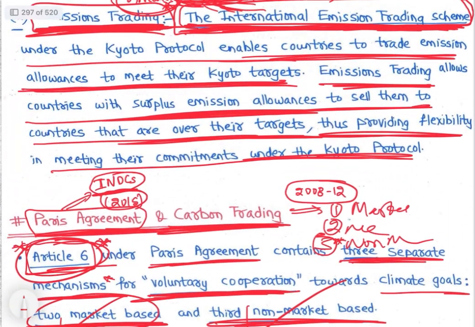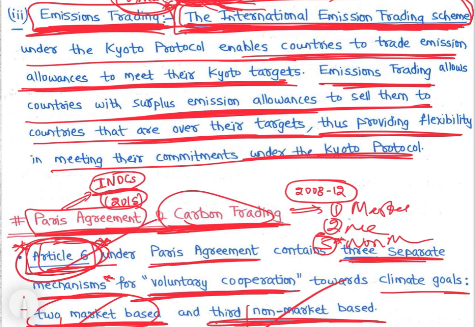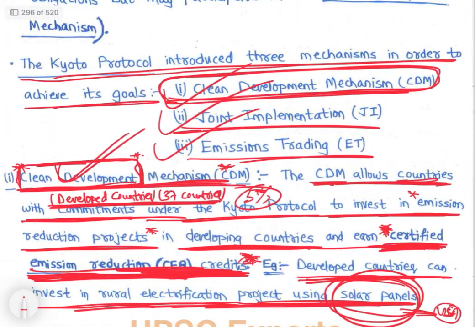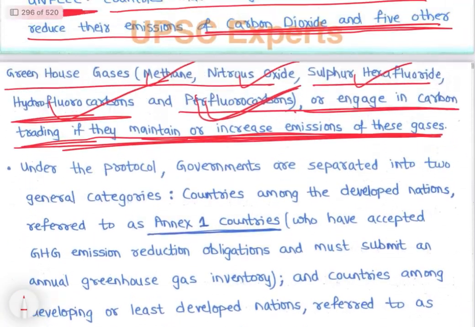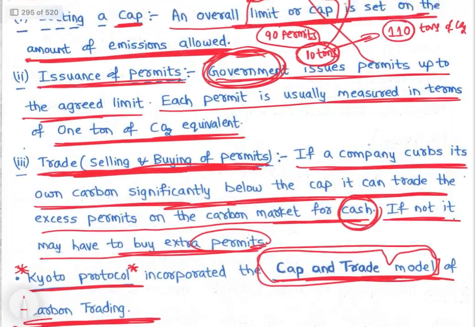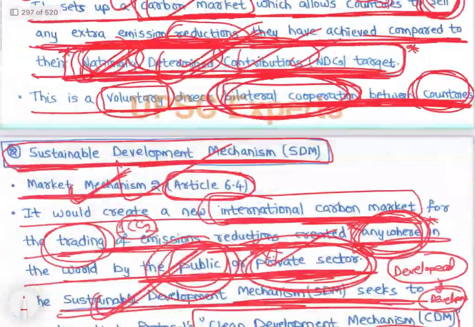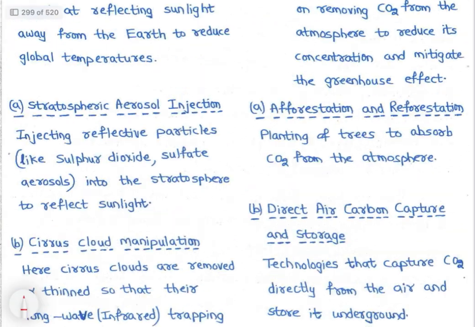So under Paris Agreement, we studied two are market approaches and one is non-market approach, right? Then under Kyoto Protocol also three mechanisms are used: clean development mechanism, joint implementation, and emission trading, right? So cap and trade है क्या वो we have understood, right? So now let's understand the next thing, that is